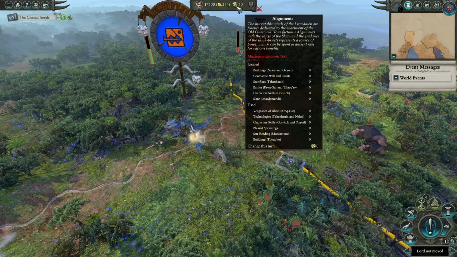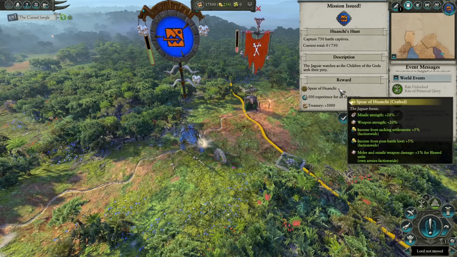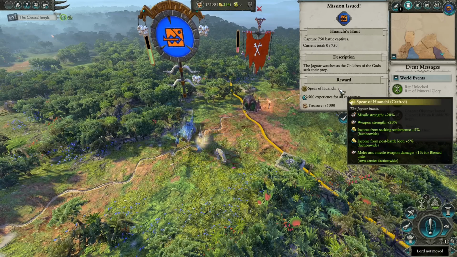Kroq-gar generates alignment from fighting battles and dispenses alignment on Vengeance of Hexoatl, which costs 50 alignment and gives him a quest. This quest gives him money, his character gets XP and you get a magical item, so if you keep fighting to keep that alignment rolling in, you can get a lot of money and magical items from just